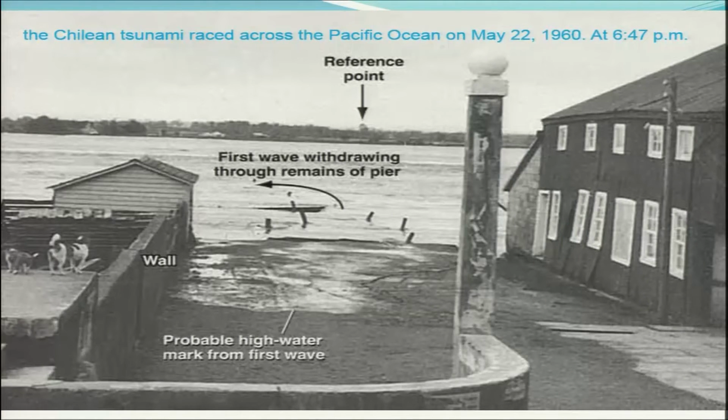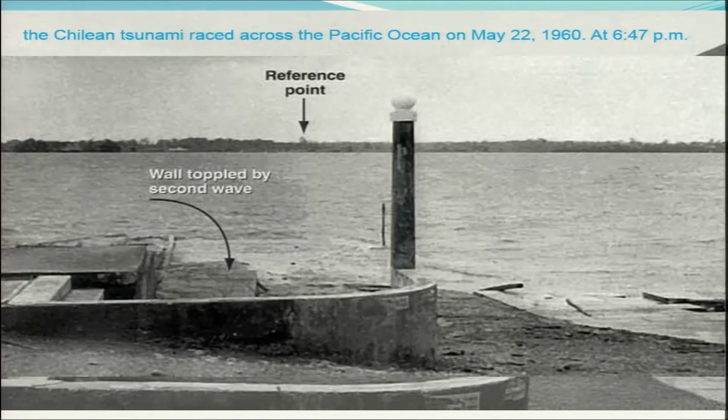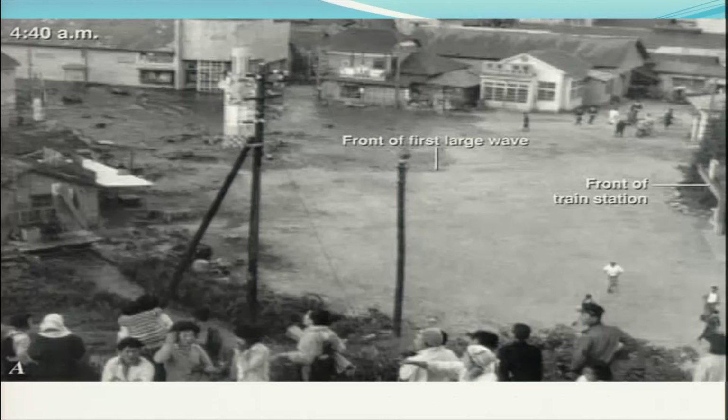So again, another good indication of that. So the first wave arrival, which has been seen here, and then the second one which has wiped off the small hut which was seen in the previous photograph. Now this photograph is from Japan,